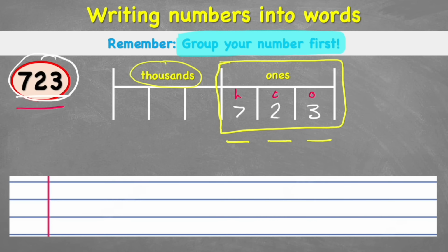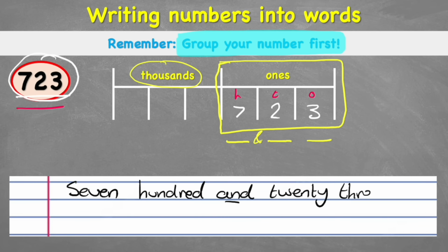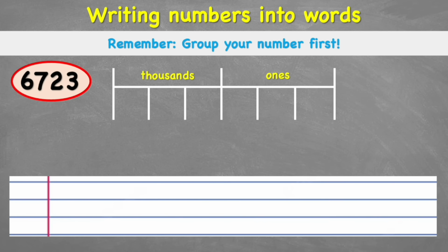723. So I'll put this little and symbol to remind me there's an and there. So when writing this number into words, all I would have is 700 and, don't forget that, and 23. Awesome. A simple one to get us started. Let's have a look at a more challenging one,